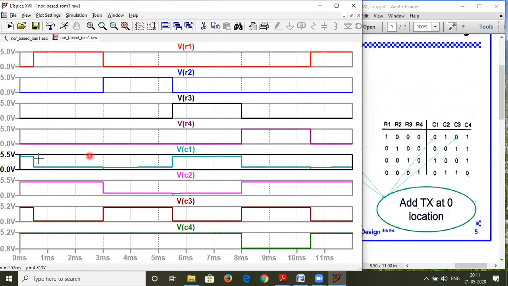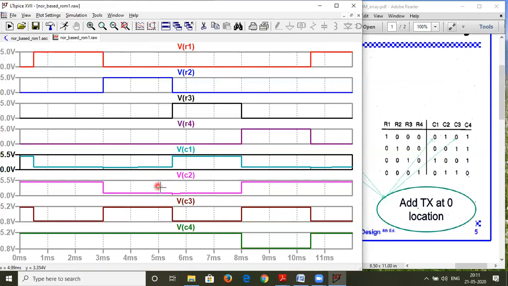So be very careful about these magnitudes. It should be exactly proper. So this is correct in our case because the PMOS transistor is a weak transmitter of logic 0. Now let us check the column number 2. So the row we have is 0, 1, 0, 0. So it is 0, 1, 0, 0. Let us check the column. So the column will be having over here 1, 0, 0, 1. So let us check that.